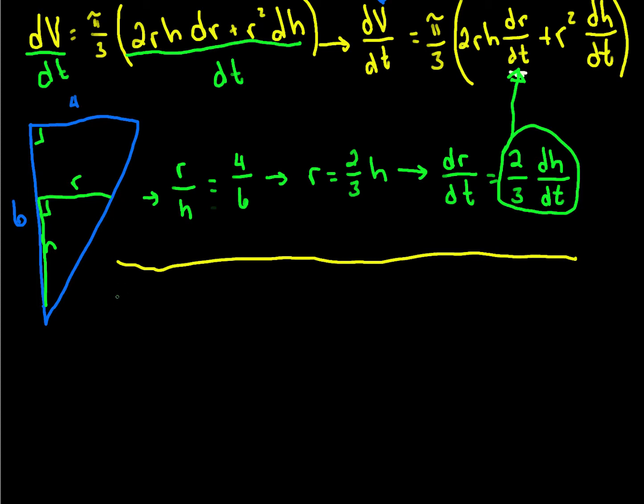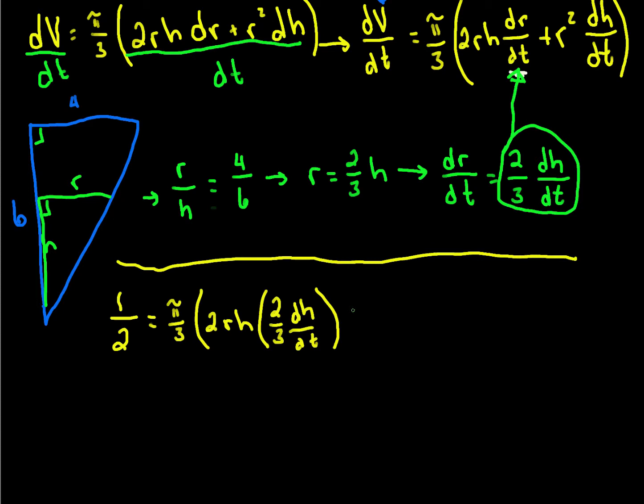So 1/2, our dV/dt, is equal to pi over 3 times 2rh times 2/3 dh/dt plus r squared dh/dt,